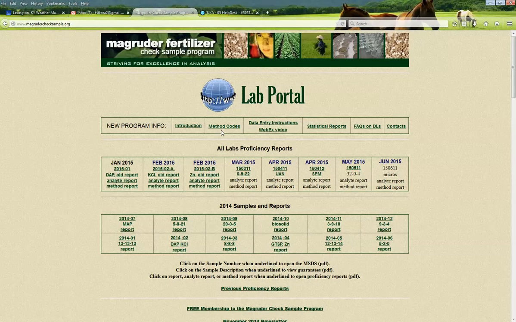The method codes have changed quite a bit. It's very important to review these and determine which ones you're going to use in entering your data. There are data entry instructions here as a PDF file link, and there are also videos instructing you how to enter data. Statistical reports is a PDF file containing information on the statistics in the reports, and it describes